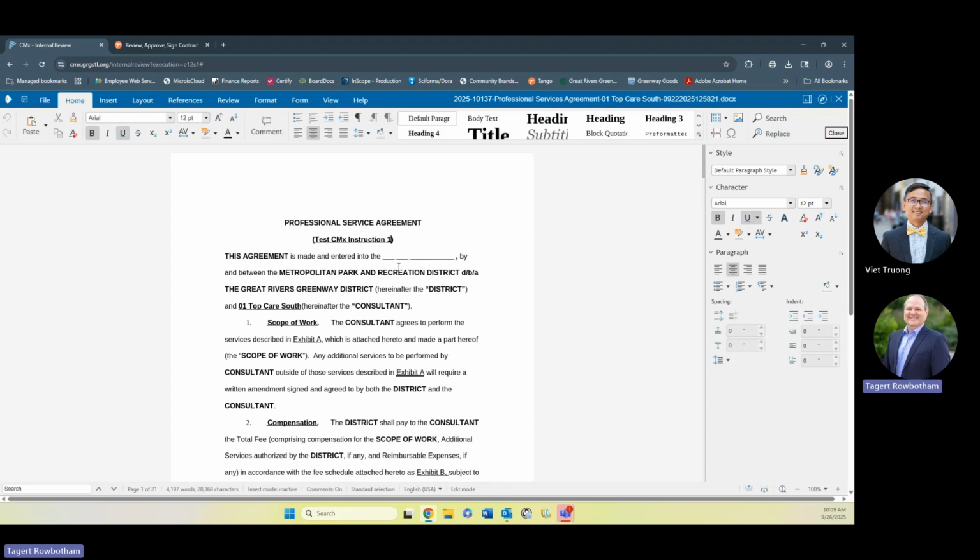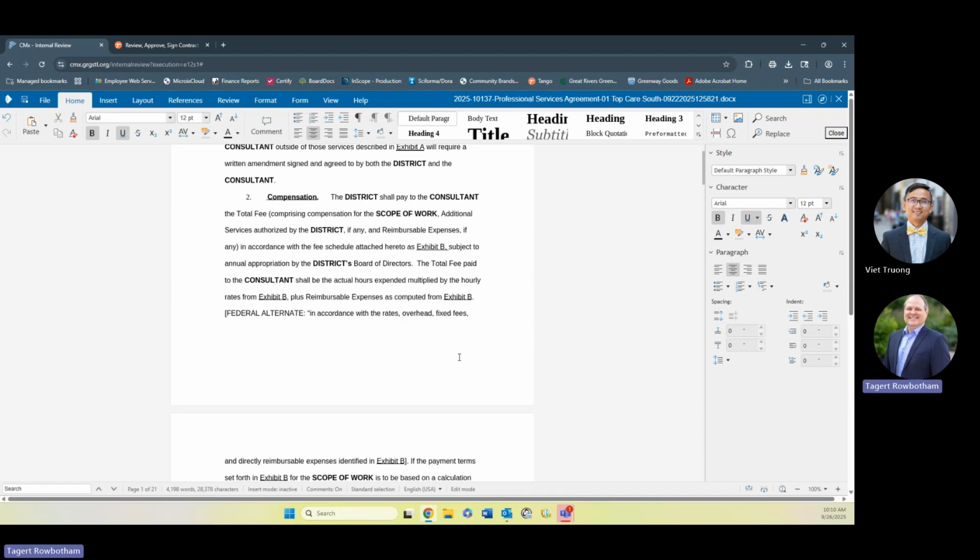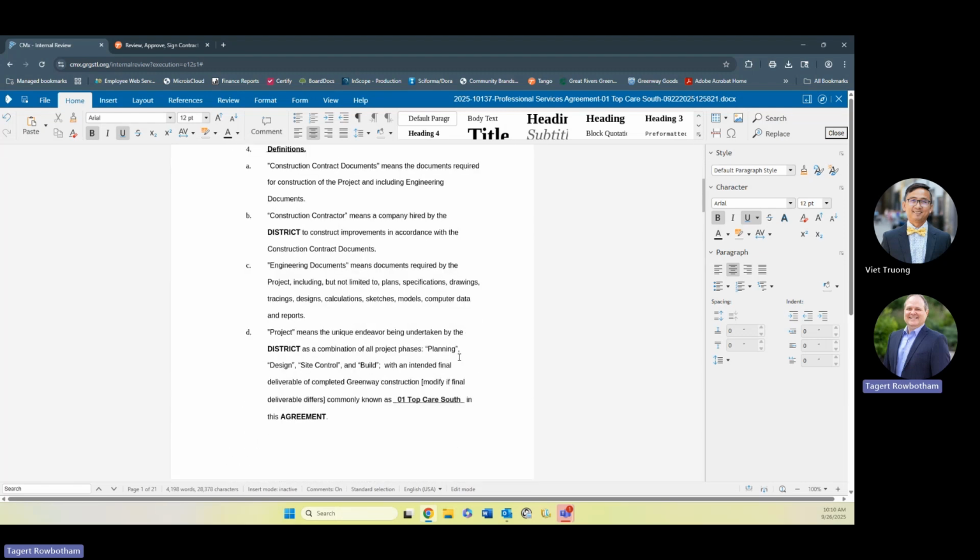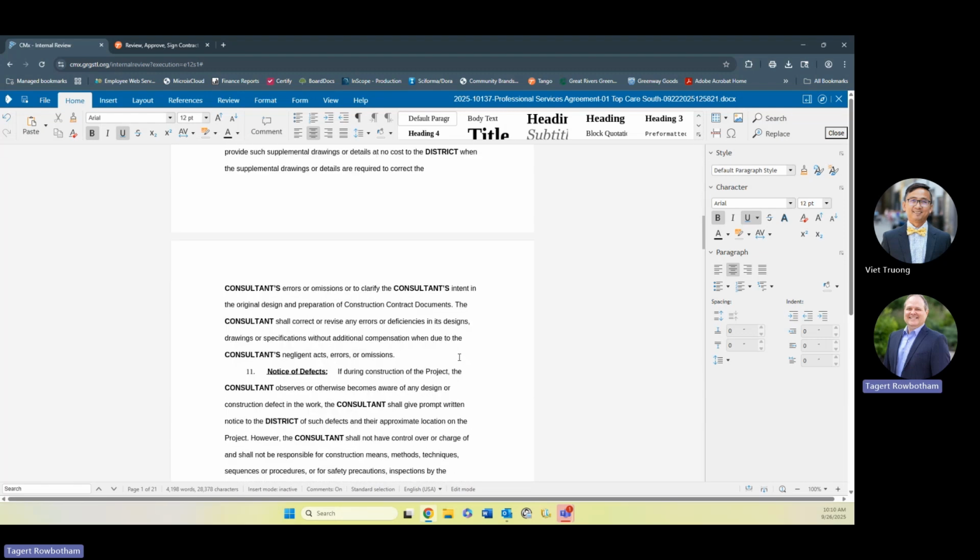A simple edit here is just adding on a brief note for the edit process. You will see that the editor will be listed off to the side. If you wish to approve it, you can automatically accept changes. After you have reviewed all of the contract and made any edits that are necessary,